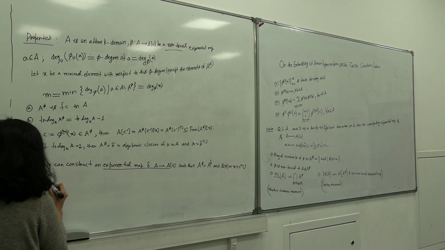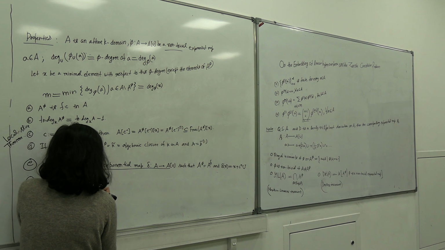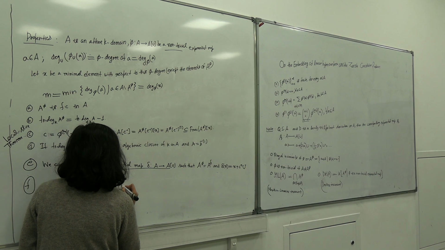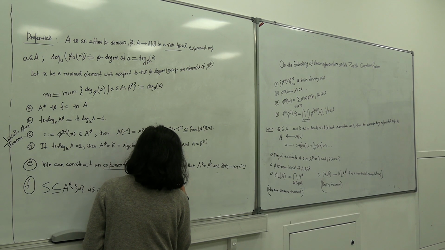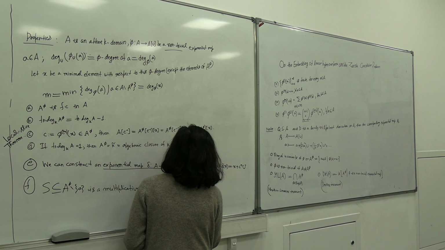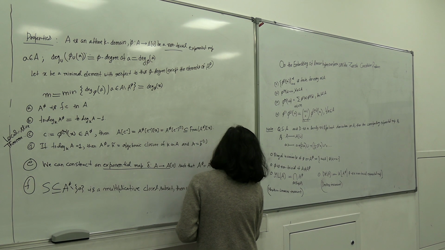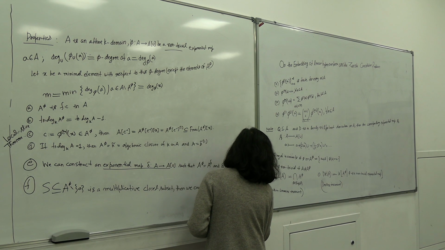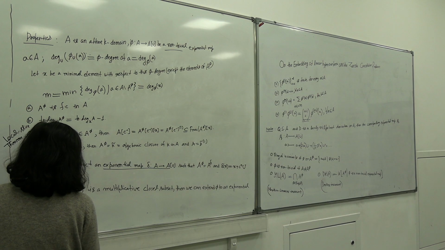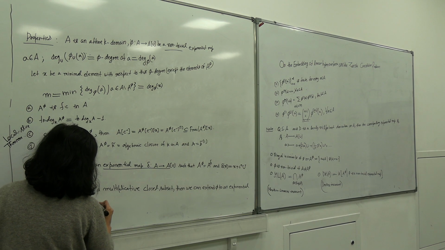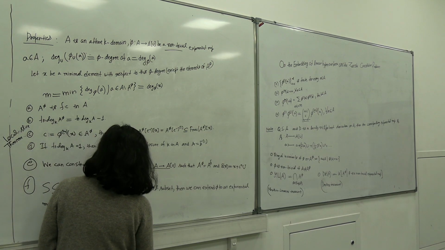It says that if S contained in A to the power phi minus 0 is a multiplicatively closed subset, then we can extend phi to an exponential map, let me denote it by S inverse of phi, whose domain of definition is S inverse of A, and it goes from S inverse of A to S inverse A of U